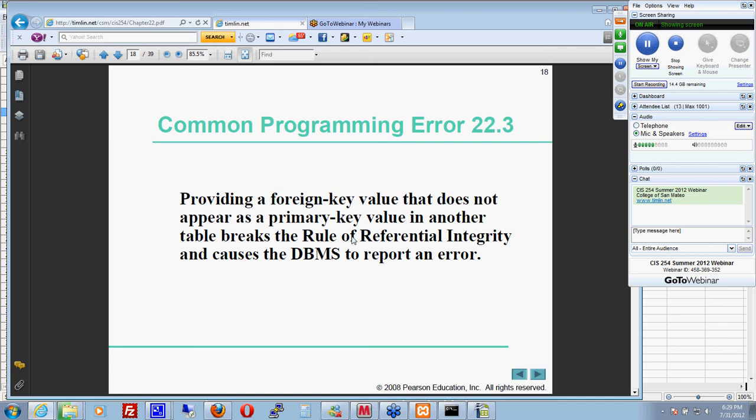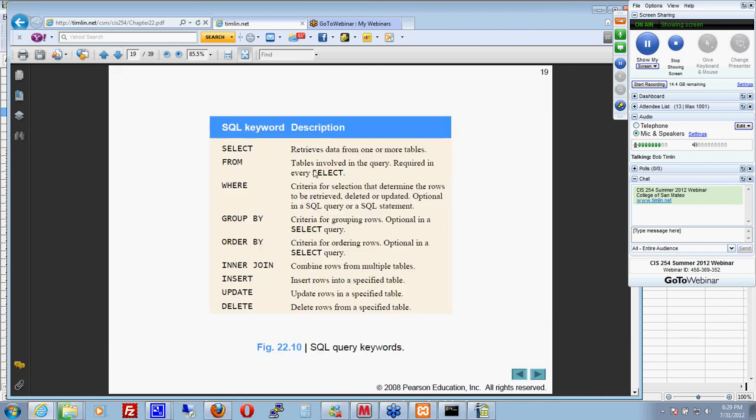Providing a foreign key that does not appear as a primary key, so this is what we talked about: the rule of referential integrity. So a child has to have a parent. Okay, any questions on this so far? I'm going to get to some